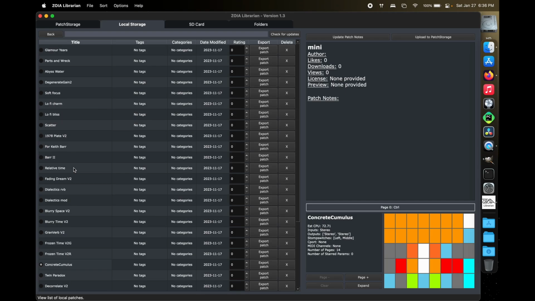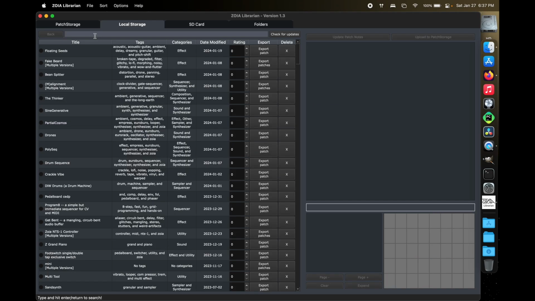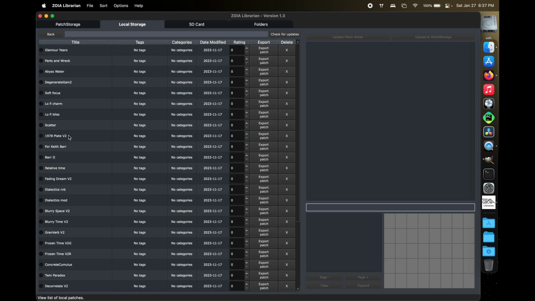So before this change, if I had tried to upload this as a version history, it would try to resolve all of them individually back here. So we would see multiple versions of Degenerate Gain, multiple versions of 1978 Plate, and so on. The new behavior is that all of them will now